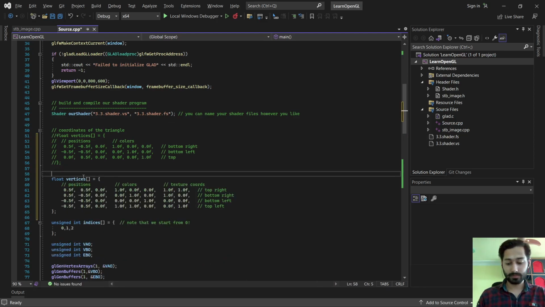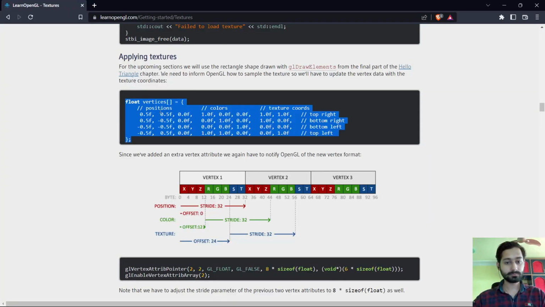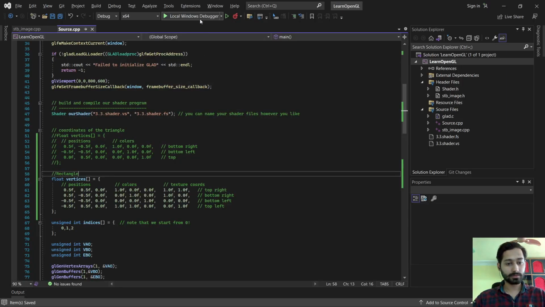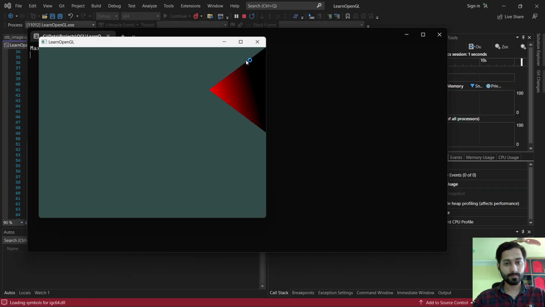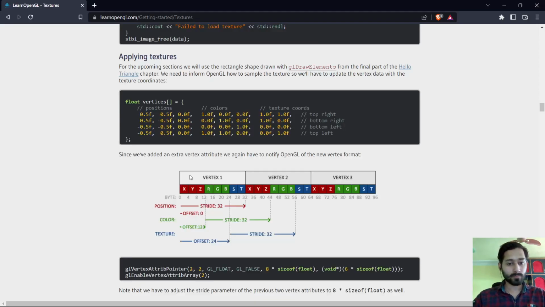This is the rectangle. I don't think it's gonna work. Yeah, it doesn't work. Okay, since we've added an extra vertex attribute, we again have to notify OpenGL of the